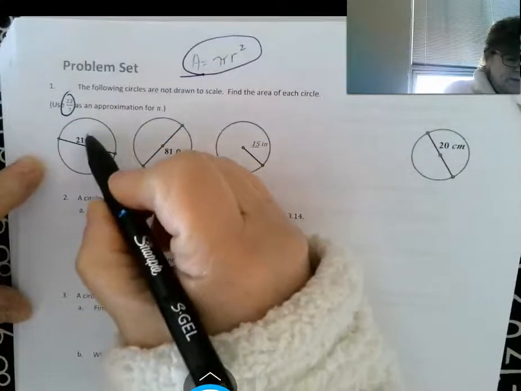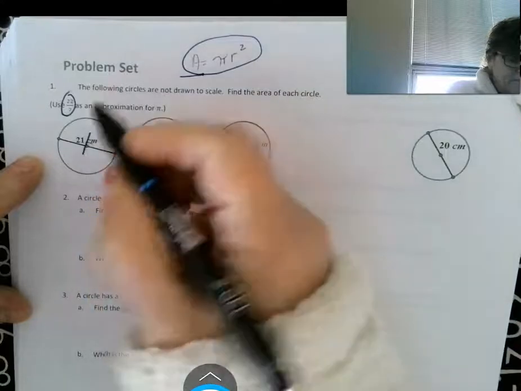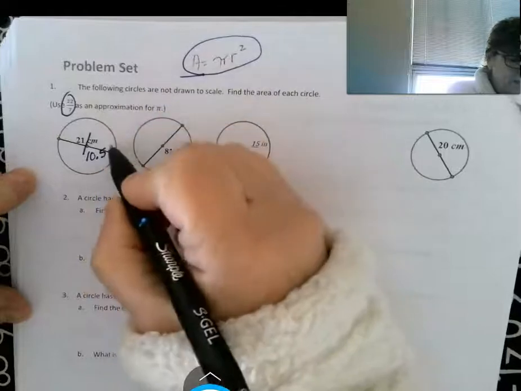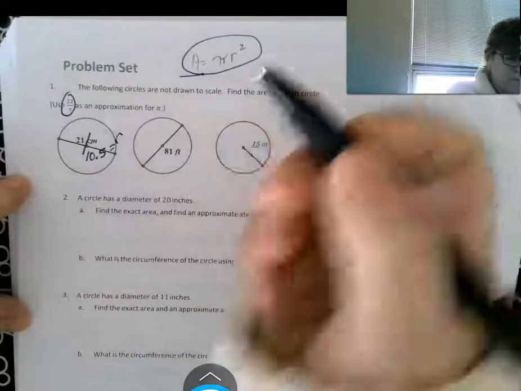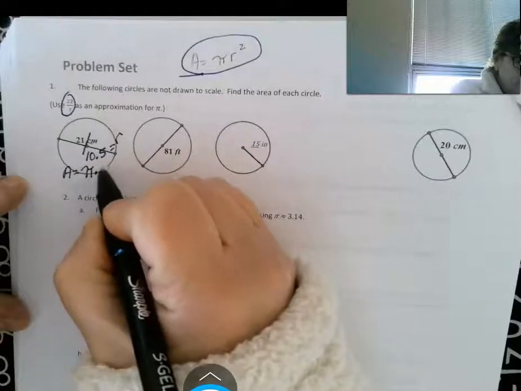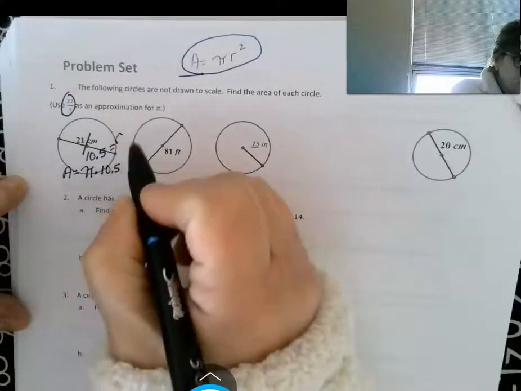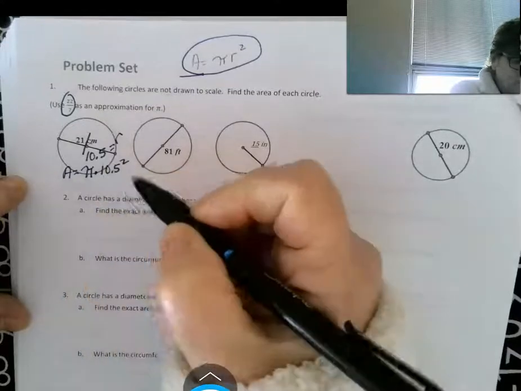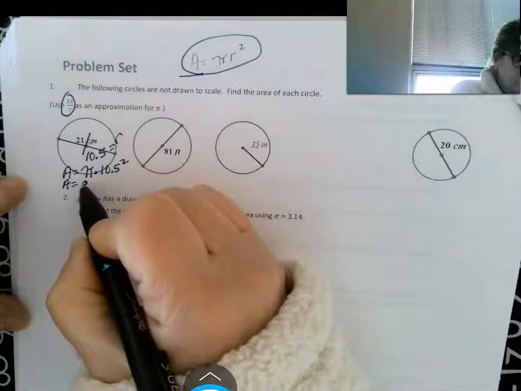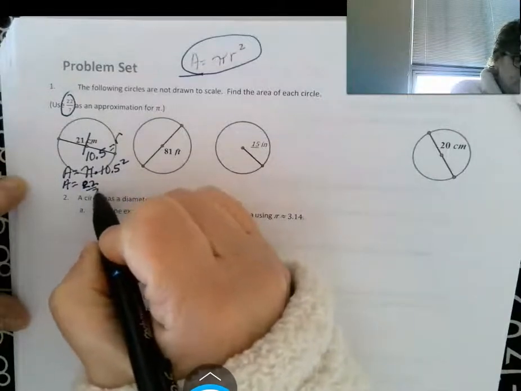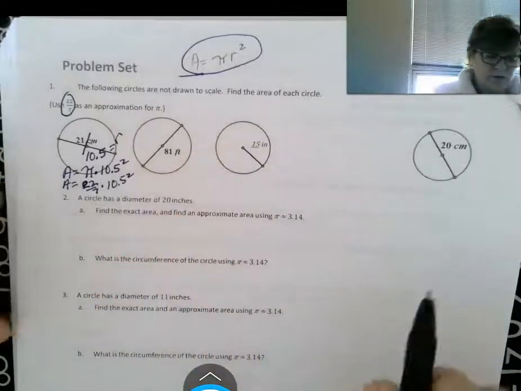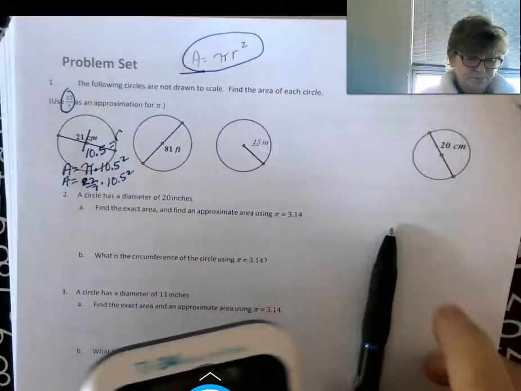If 21 is my diameter, then half of 21 is 10.5, which is equal to the r. So area is equal to pi times 10.5 squared. Area is equal to 22/7 times 10.5 squared. So looking at the calculator,